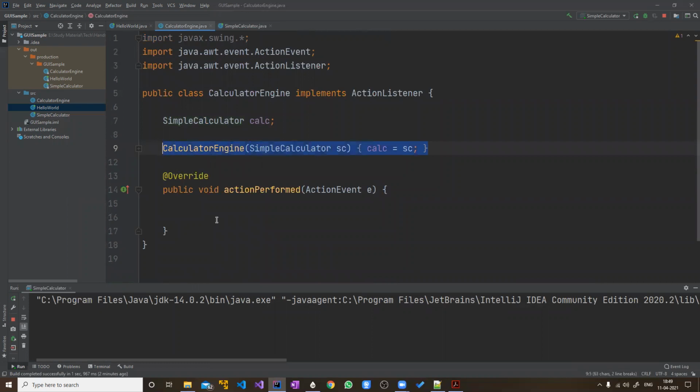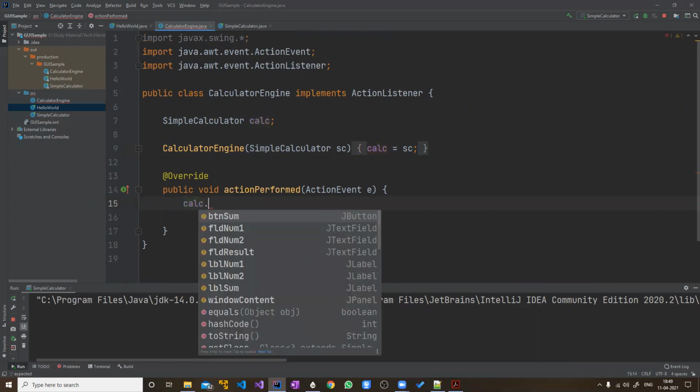But now you have to access them. And you can see when I type calc, and because calc is the name of that simple calculator object, which is part of calculator engine, now if I press dot, it gives me all these fields. Do you see that? Yeah. So that means through this calc object, all the members of the object are visible to me. Earlier, I was not even able to pass that object, but now that object has come here.